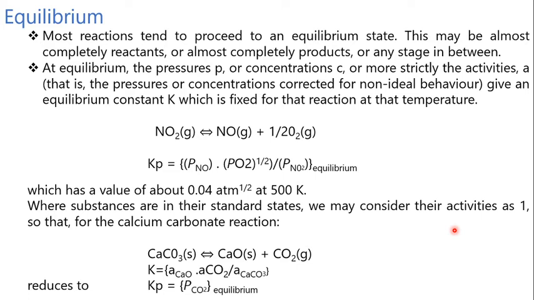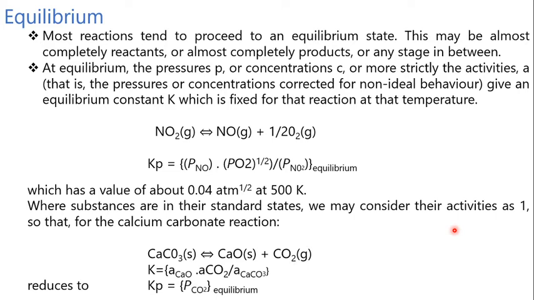Here Kp equals PNO times PO2 raised to 1/2 divided by PNO2, which has the value of about 0.04 atmosphere raised to 1/2 at 500 Kelvin,